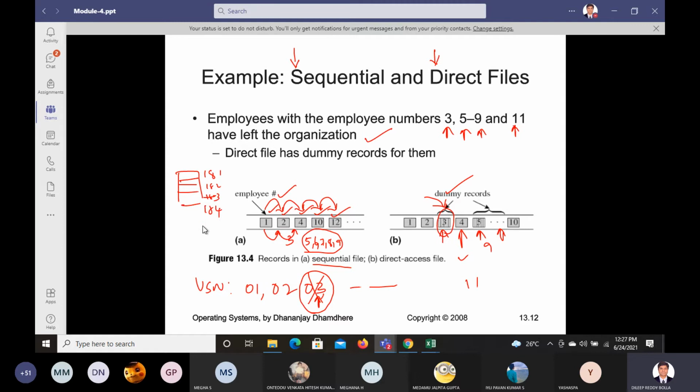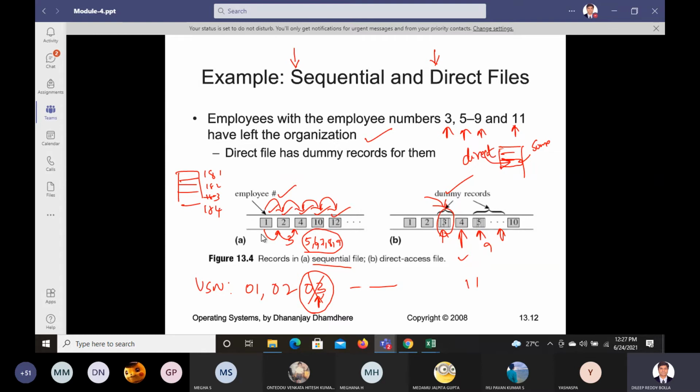That is the sequential manner. What we do in this dummy, this direct file, is USN 1 will be there, 2 will be there, and the 3 place is empty, right? So for the empty 3 place, I'll give some other value, or we may leave it blank, but we may keep some other dummy records inside instead of deleting it. Okay, so that's your direct access file. If you want to store the dummy value, you are going to store directly into this location. So that's why it's called direct.